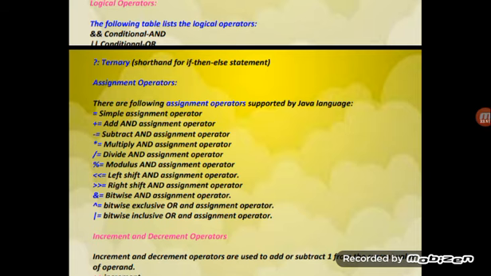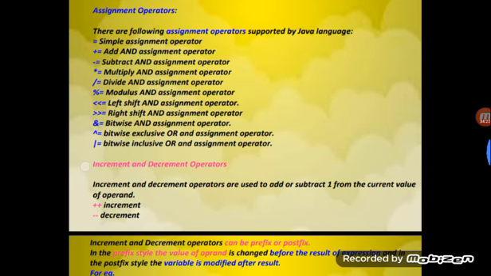And then the pipe symbol, the conditional OR, will be there. Either this condition or that condition is correct. In that way, the pipe symbols, the conditional OR operators, are used in this case. And the next one is the question mark and colon, which is the ternary operator. It is shorthand for if-then-else. Whenever we are using if-then-else statements, this ternary operator is used. And then assignment operators.